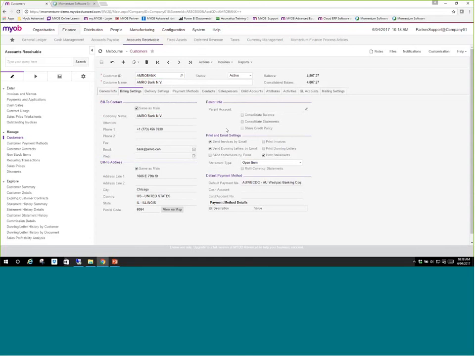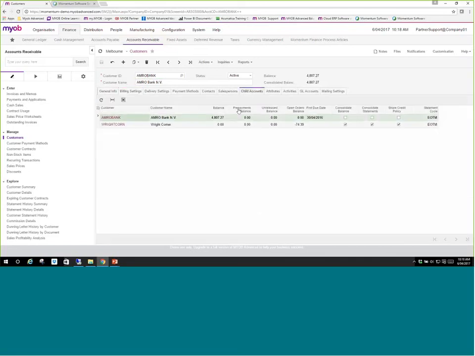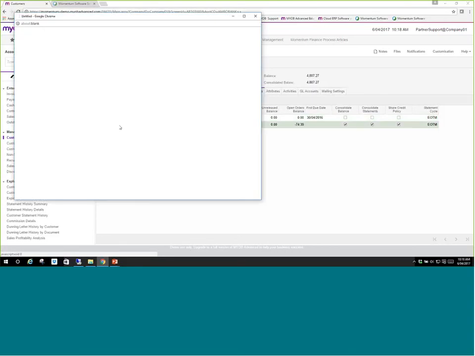Okay, so in my billing features here, you'll see that because it's a parent account, the parent facility is grayed out, but their child account is actually listed under this new tab called Child Accounts. And you'll see here that Rightcorn is a child account. So I could actually open up Rightcorn